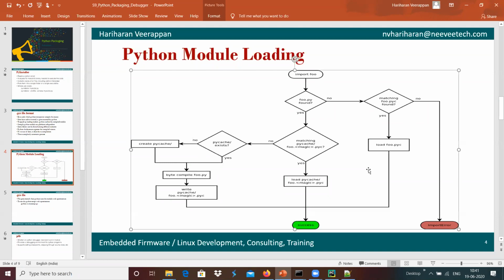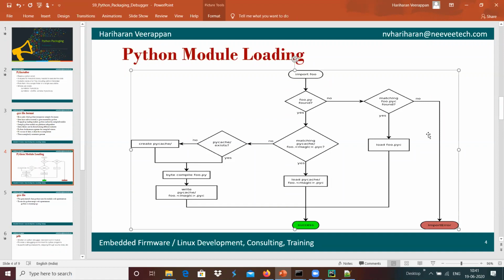And this provides the module loading process. Whenever we load a module, say unit test 1, it will check whether unit test 1.py is present or not. If it is not present, it will check whether the compiled binary file is present. If it is not there, then it will say the module is not present.